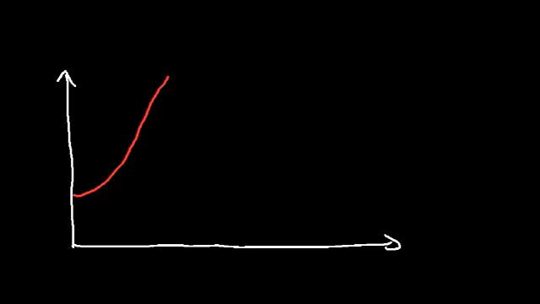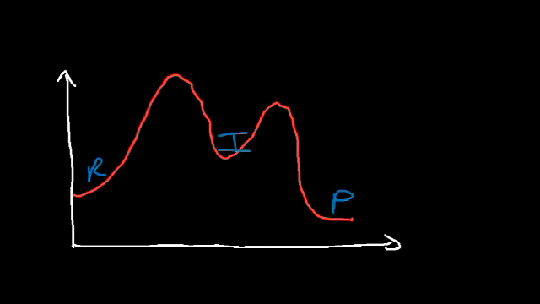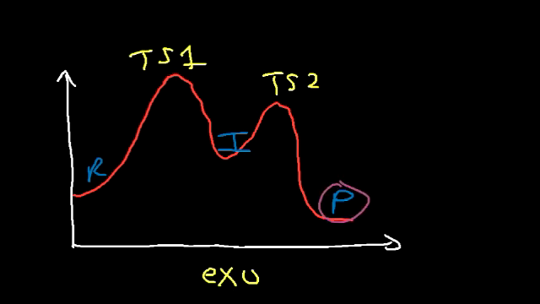So there's the first transition state, and then here's the second. And so here we have the reactants, the products, and in the middle is something called the intermediate. This is the first transition state, and here's the second. So overall, we can see that this is an exothermic reaction because the products are lower in energy than the